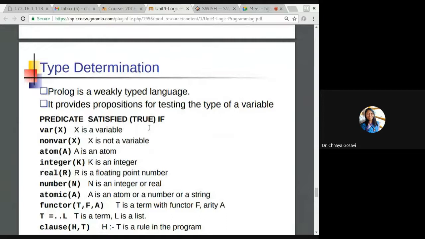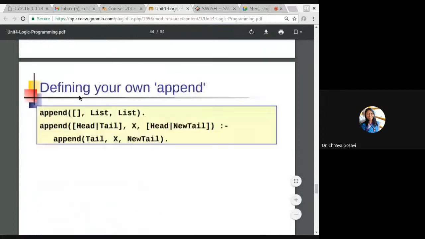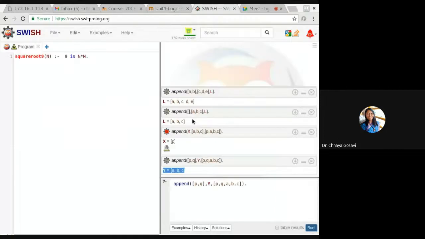Now we have seen the type, yes. You have to write the append function like this. Append, whatever. It should work. If you take append A, B, C, X, Y, Z and P, it should return P equal to A, B, C, X, Y, Z. Concatenation of two lists. It is an inbuilt function, but if the inbuilt function is not there, and you have to write your own logic, you can write it with this.